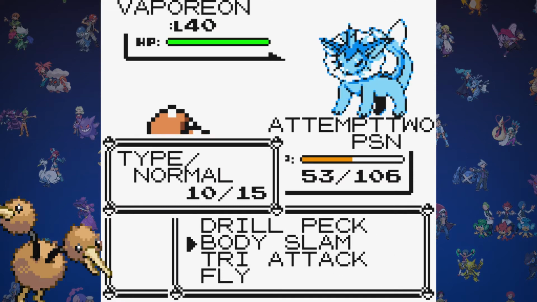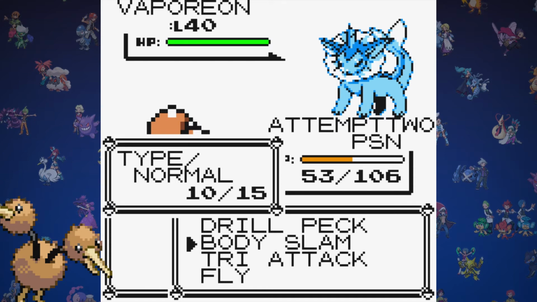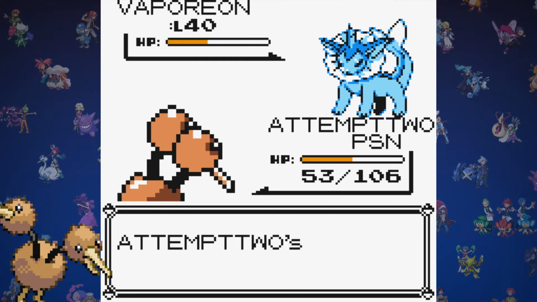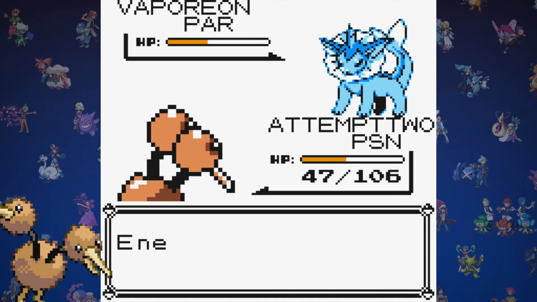Vaporeon comes out next. Wait, I won the optional Route 22 battle against the rival, so he should have Flareon. I'm not sure what happened here. The only thing I can think of is maybe a saving a loading area. Anyway, we land Body Slam, but it's not enough to knock it out, so it retaliates with Aurora Beam and